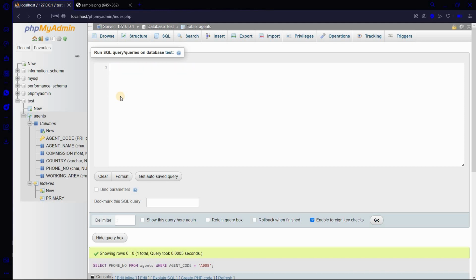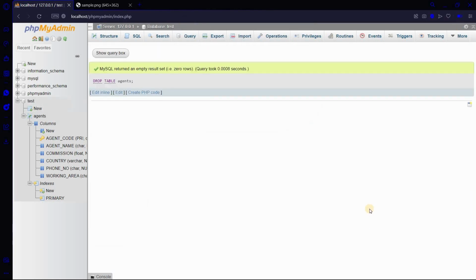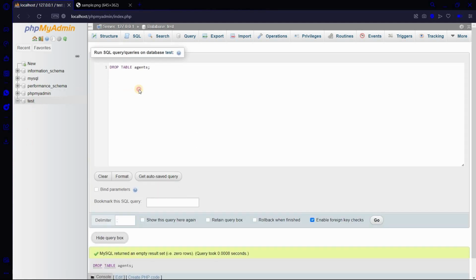Let us first drop the table using the drop keyword and recreate it again. You can see that the agents table was removed from our left panel.